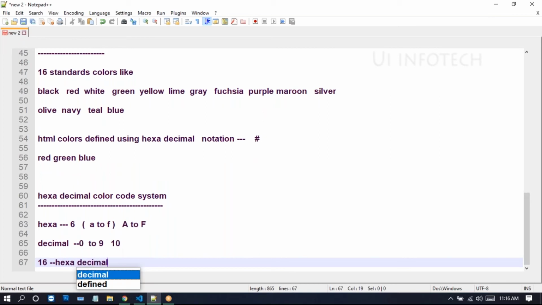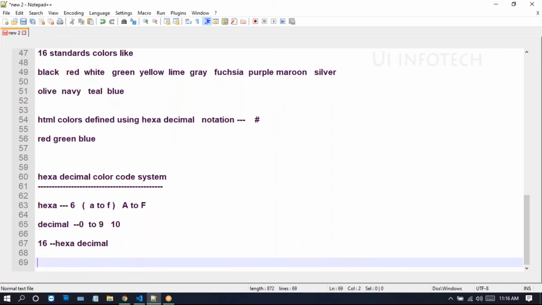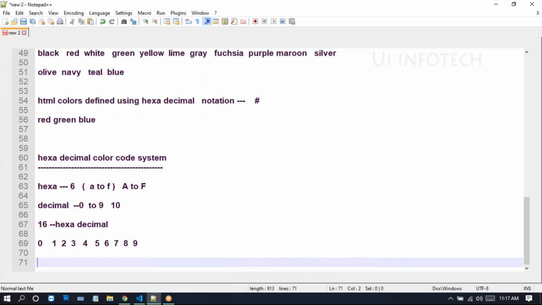Hexadecimal has 16 values, which are calculated like this: 0, 1, 2, 3, 4, 5, 6, 7, 8, 9.